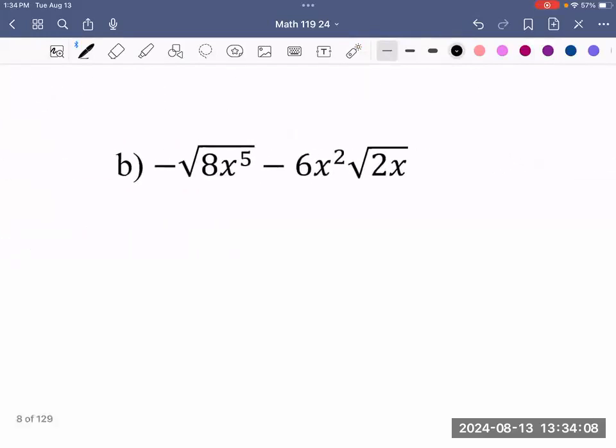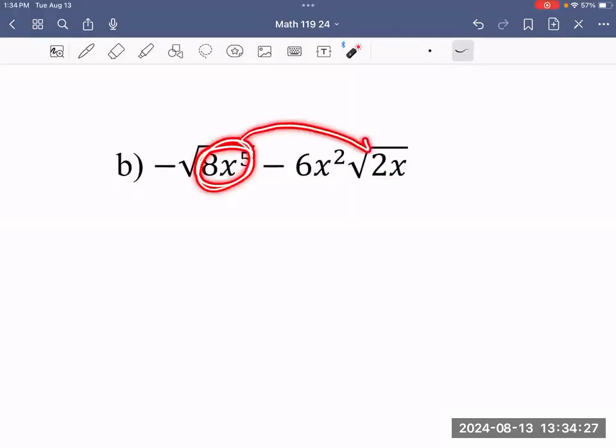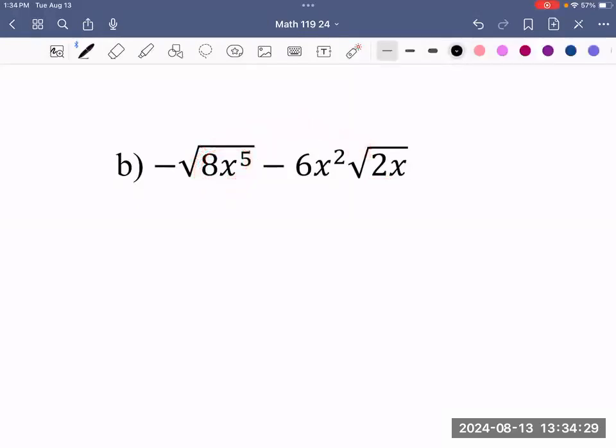Now what happens if they are not exactly the same? Then you kind of have to evaluate, well, I have an 8 here and I have a 2 here. Those contain some similarities. We also have an x on the inside and another x on the inside. So let's see if we can make this into a 2x to then further combine your like terms. If we use what we've learned from before, kind of breaking them up,